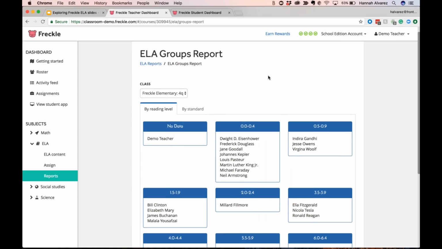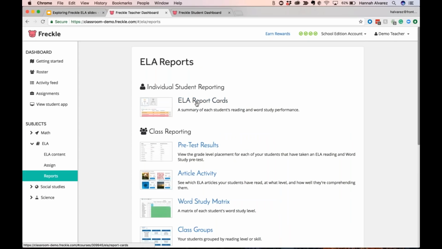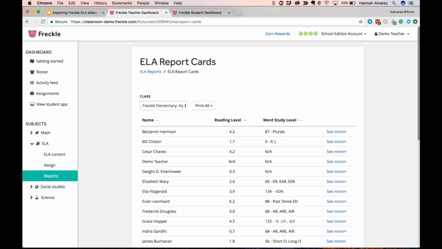The free edition of Freckle is going to give you access to all of these practice modes that we covered today. You and your students will be able to use the articles and skills practice and word study. The major difference is going to come into play with the reports. So when I was showing you the ELA report cards earlier,